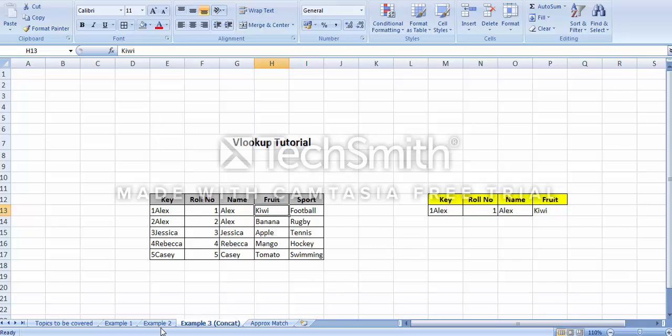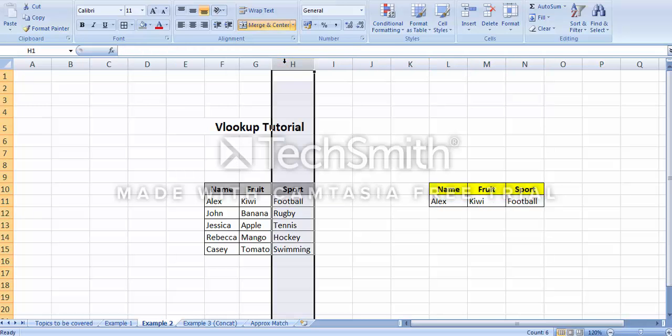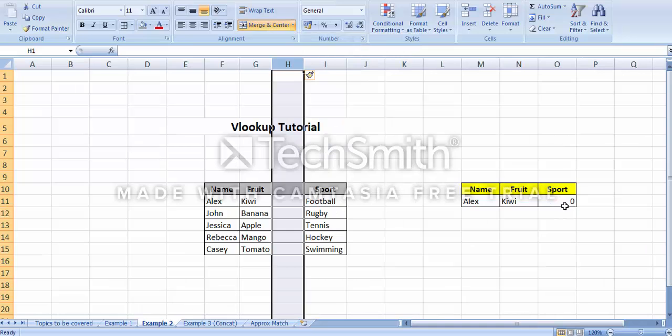Now coming up to a very important concept. So I'll go back to this example. So you saw here that we provide an index value that signifies at what column number my value is. So for example, now if I insert a column here between column G and H, as of now the sports column is third from the beginning: 1, 2 and 3. But if I insert a new column, you see this value becomes 0, because what is happening